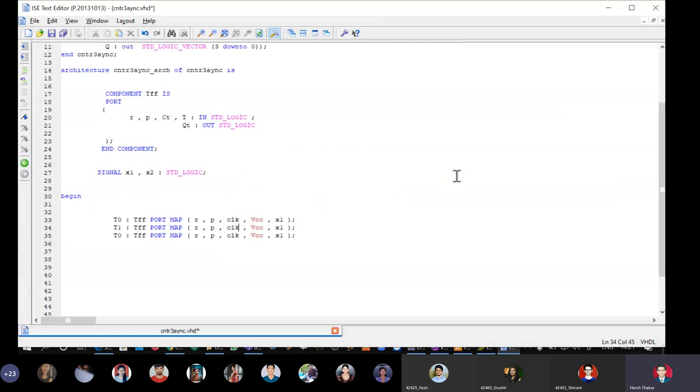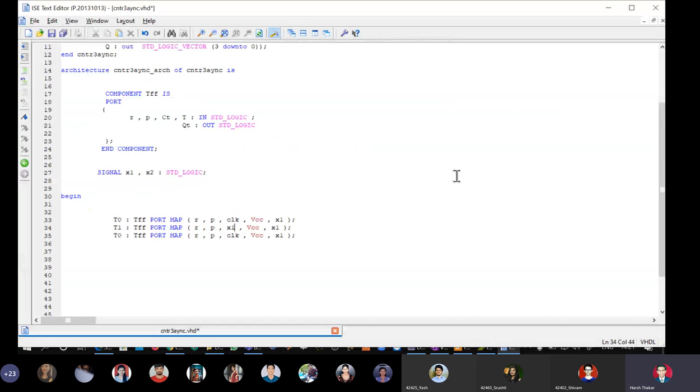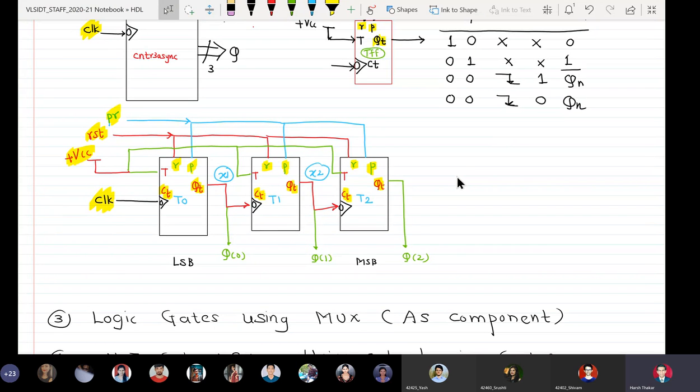So here I will have to write X1 and VCC will remain the same. And then we have X2, the output. And for T2 we have again RST, PR, X2, VCC and QT, and okay, fine.